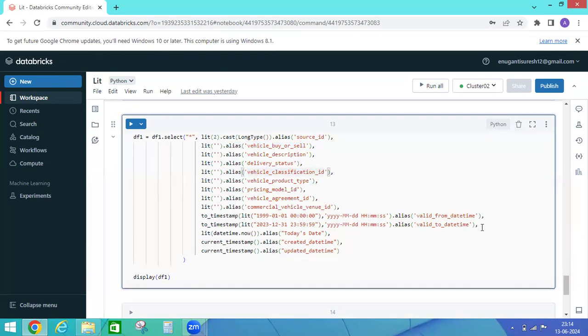We discussed initially what is the purpose of this one. The timestamp lit and these values, by mentioning some old dates, indicate from where this data is coming, that is valid from date and valid up to which date time. Similarly, I want to print the date time now, that means today's date. Similarly, I want to print current underscore timestamp. So if I run this cell,